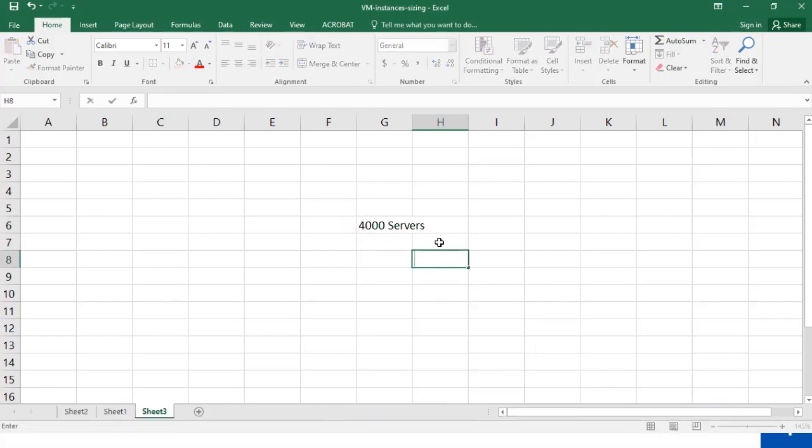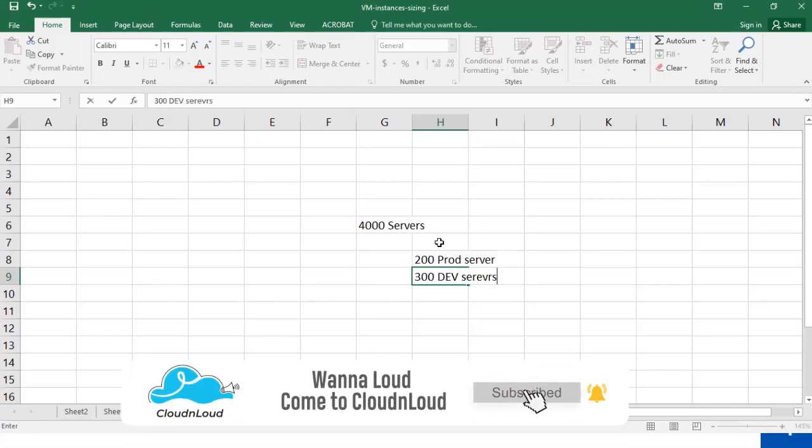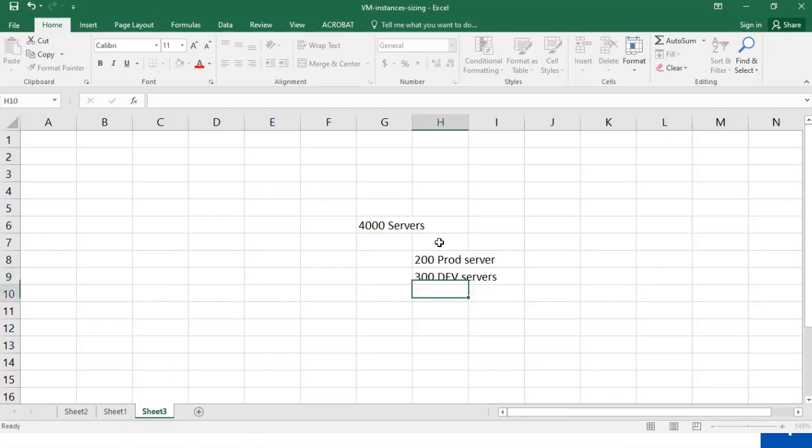Say for example, you have 200 production servers, 300 development related, 20 backup servers, and 7 penetration test servers.